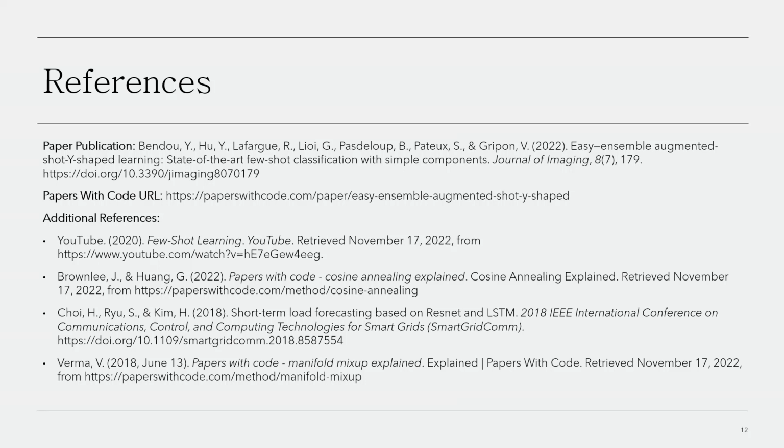And for the Papers with Code, there's a couple, the manifold mixup and the cosine annealing. They had great explanation pages as well, so those are linked. And then the 2018 paper is what I grabbed the ResNet-12 architecture from, so that's there for your